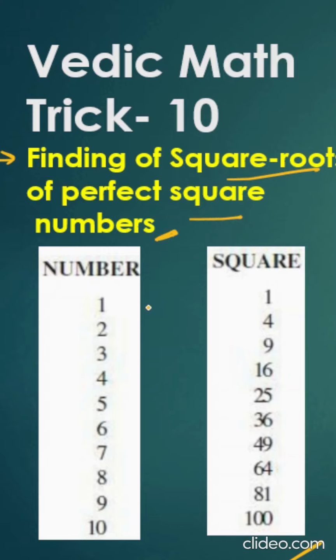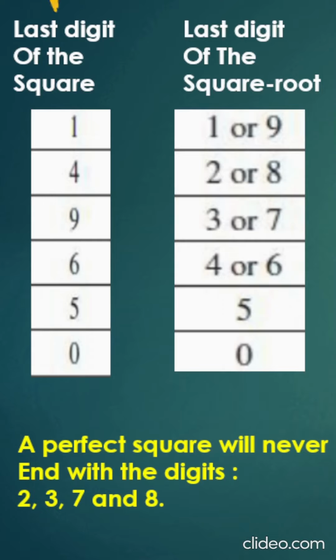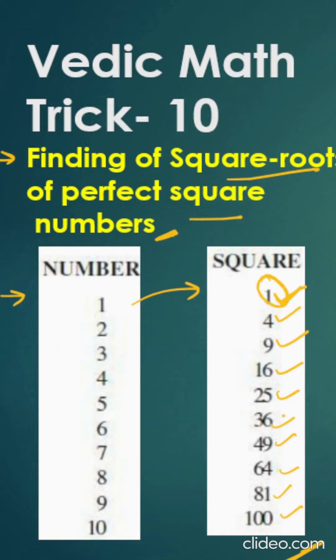within seconds. For that you need to learn the perfect squares for the first 10 numbers, which you must know already. 1 square is 1, 2 square is 4, 3 square is 9 and so on. Here you can closely note the last digits of the square numbers are 1, 4, 9, 6, 5, 6, 9, 4, 9. From that you can see that when the last digit of a square is 1, the last digit of your square root is 1 or 9. Yes or no? The last digit is 1 in these two cases. So you have two options for your square root, which are 1 and 9.